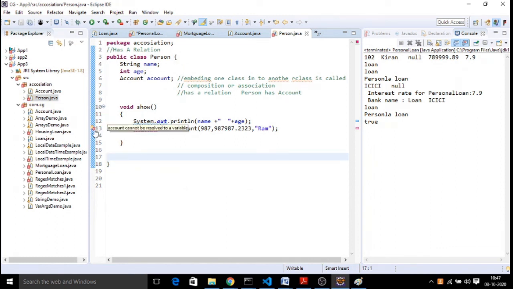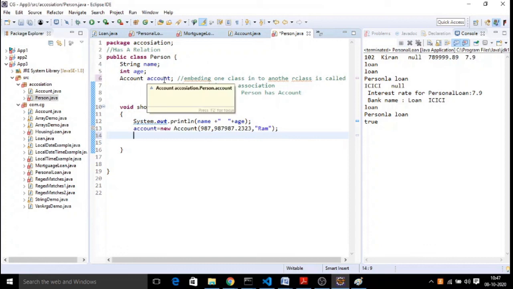Now here, account spelling. So there is an account reference you created here, and you are creating an object here. Now can I use my account details here without inheritance? We are not inheriting, but we are taking a reference here.